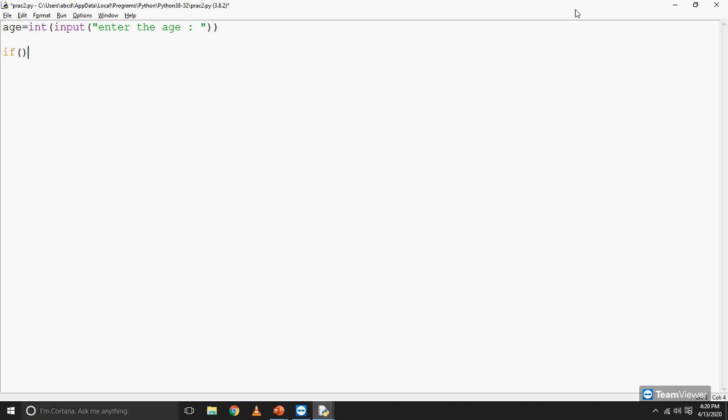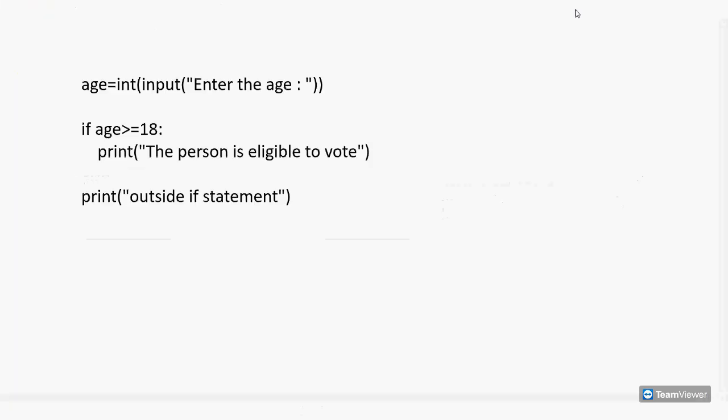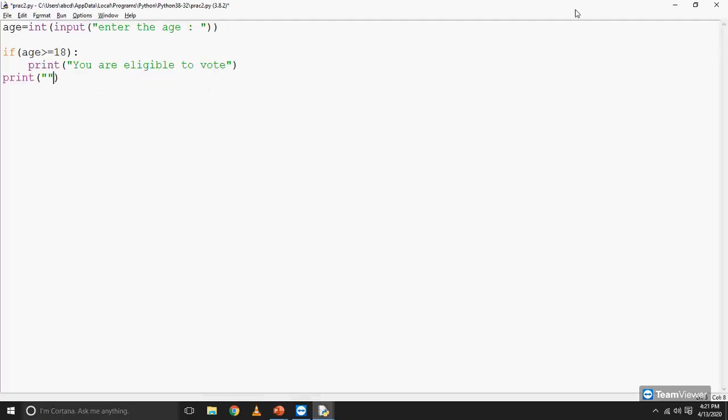If age greater than equal to 18, print you are eligible to vote. Outside if statement. So I'm saving it.